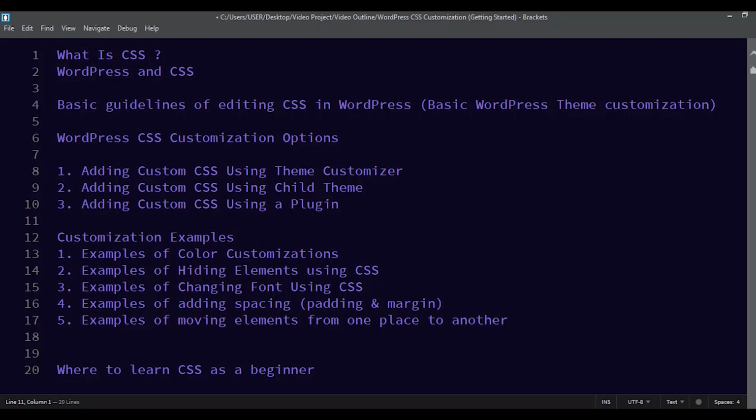Welcome back to this CSS WordPress tutorial. If you're watching this, you're most likely looking for a way to customize your WordPress theme to make it look similar to your design. I have a quick outline on what I'm going to discuss in this quick tutorial. I'm going to briefly talk about what is CSS, then talk about CSS and WordPress, basic guidelines of editing CSS in WordPress. Then I am going to outline and explain using specific examples of WordPress customization options, like adding CSS